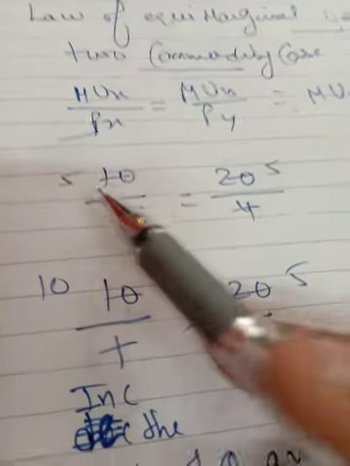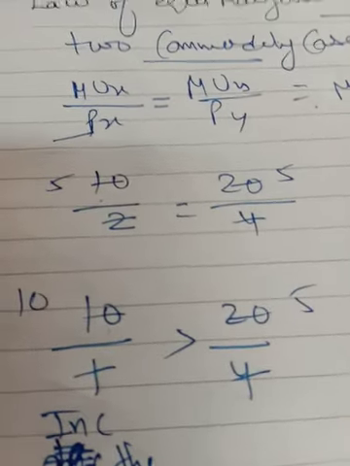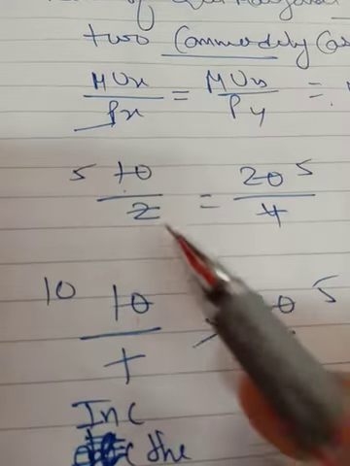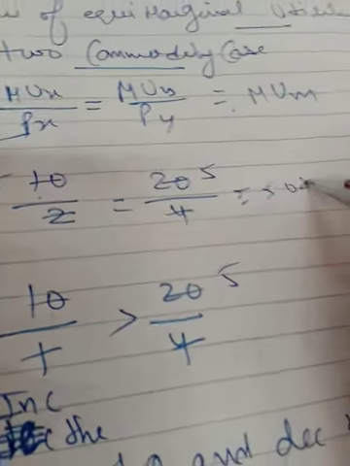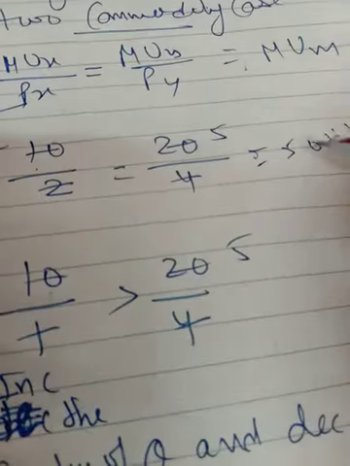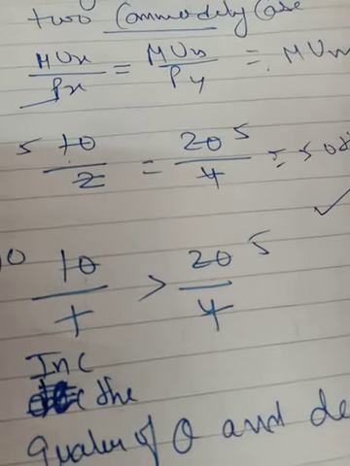So suppose I am taking 10 as the marginal utility and 2 as the price, and for the y commodity, 20 is the marginal utility and 4 is the price. So I am getting 5 is equal to 5, and this is the consumer equilibrium, and 5 utils is also the marginal utility of money. That is implied: if they both are equal, then the same is the marginal utility of money. So I am taking 5 utils as the marginal utility of money.